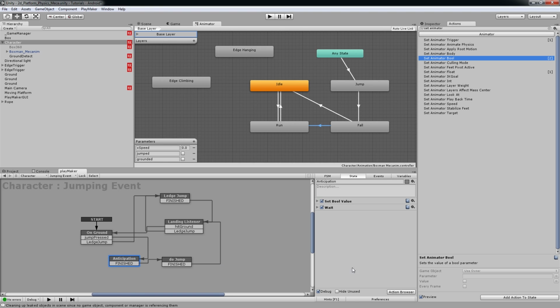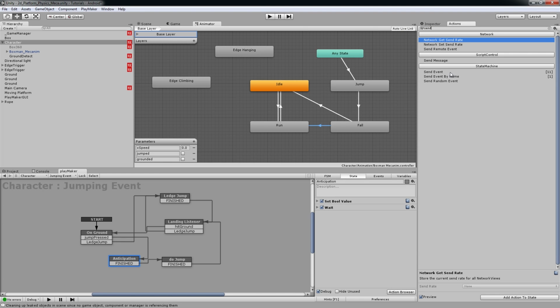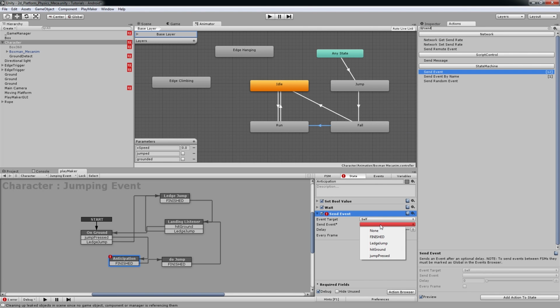So under anticipation, I'm going to send an event to our Mecanim animation FSM. I'm going to use self and then game object FSM, and then I'm going to choose the FSM to Mecanim animation, and then I'm going to send the jumping event,